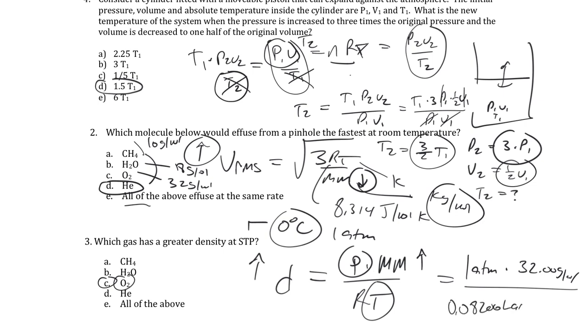R is 0.08206 liter atmospheres per mole Kelvin. Only in the one problem for velocity do we need to worry about the other units of R. So for this equation, we just go back to the usual units of R, and then 0 degrees C in Kelvin is 273.15 Kelvin. So if we want to calculate that density,